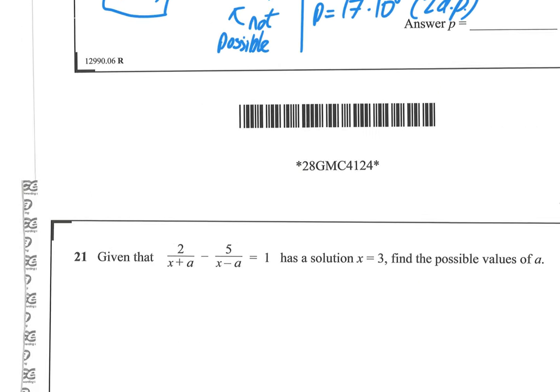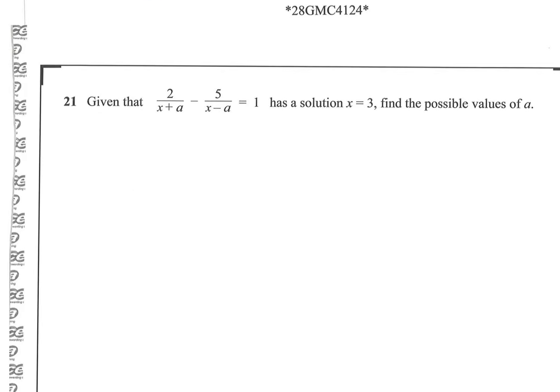Okay, last question. Right, wasn't too happy with this question. I thought this was a harsh question. It was worth 6 marks. It's not an overly difficult question once you get into it, but a lot of people just would not have got started on this question. So it says, given that this equation has a solution of x equals 3, find the